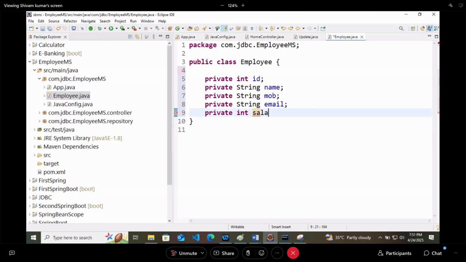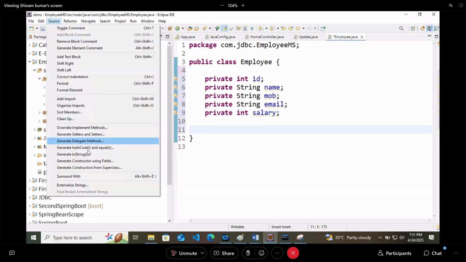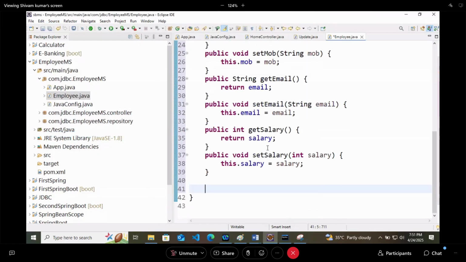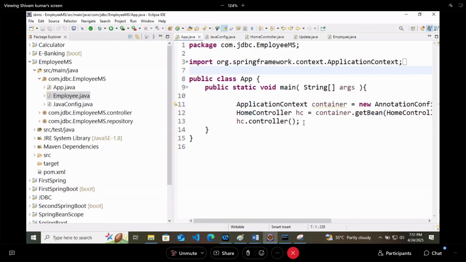As the fields are private, we should generate their getters and setters so that we can access these fields outside. Now for a minute, I am just commenting this code.